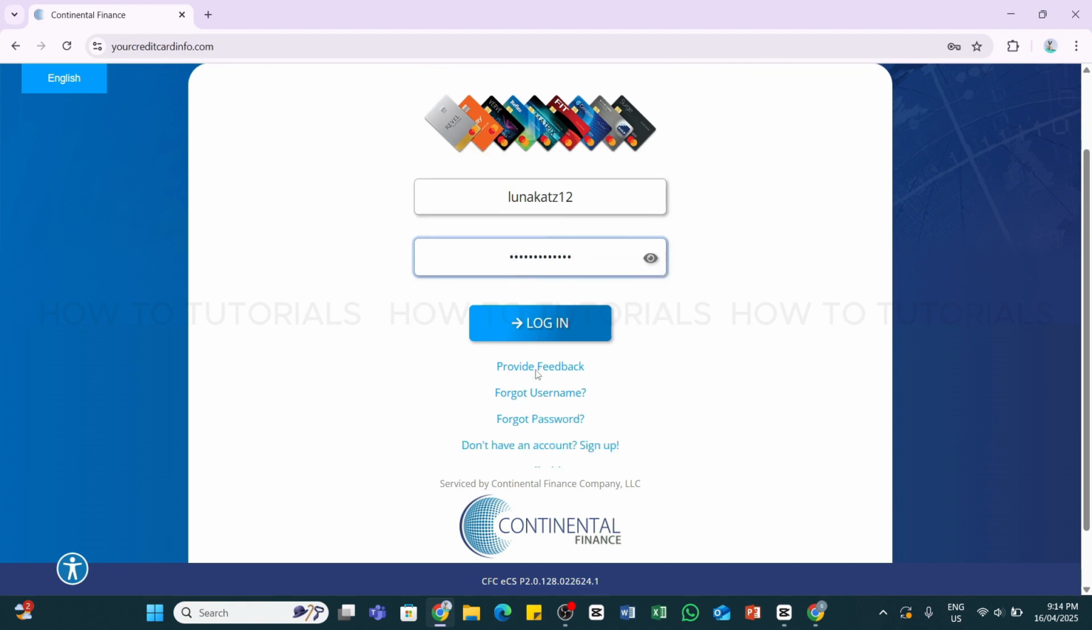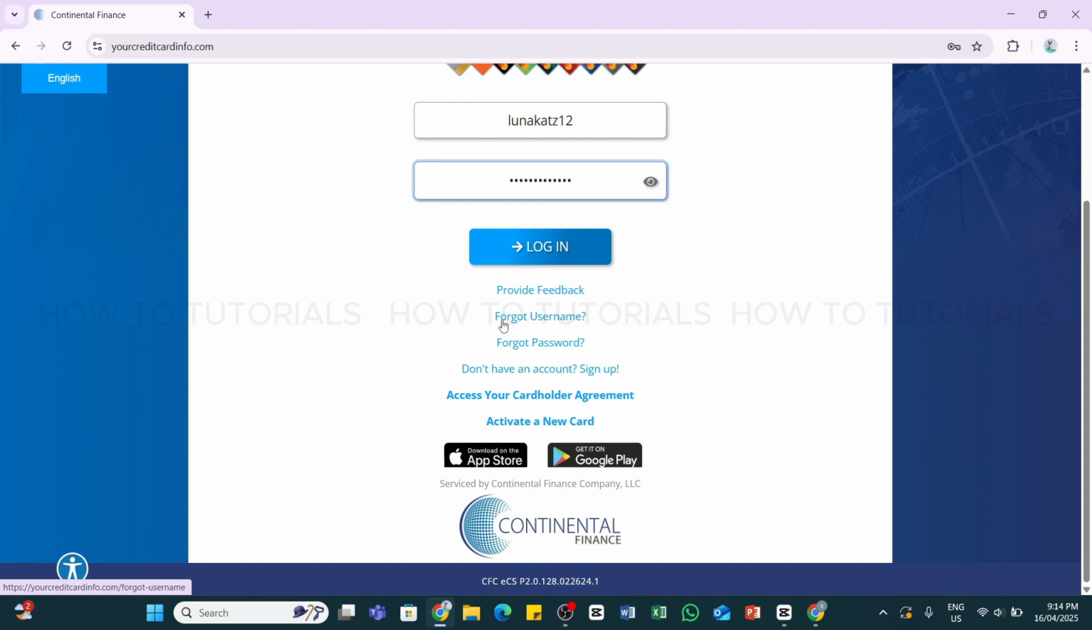For that, you will need to scroll a bit down. Here, select this forgot username option if you have forgotten your username, and you can select the forgot password option or the link if you don't remember your password. By using this link, you will be able to retrieve or reset your password or username by following the instructions given to you. So by following these steps, you should be able to log in to your Continental Finance credit